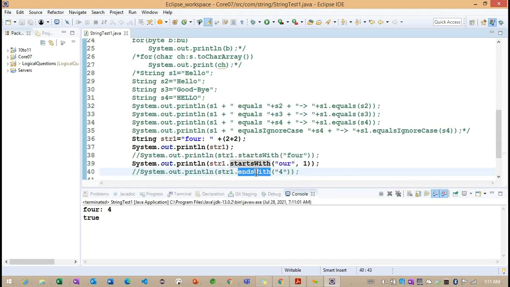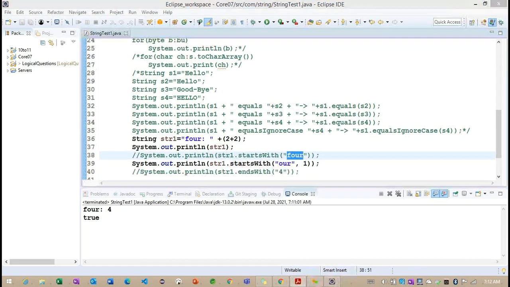Getting the point. And finally, we are having the end with method. So we need to understand whether the string is going to start from this particular given message or not. Same way, whether this particular string is going to end with this particular message or not, we can check here. If it is ending, we'll get true. If it is not ending, we'll get false. And if it is starting, based on this particular string message, it's going to return true. Otherwise, it will return false.